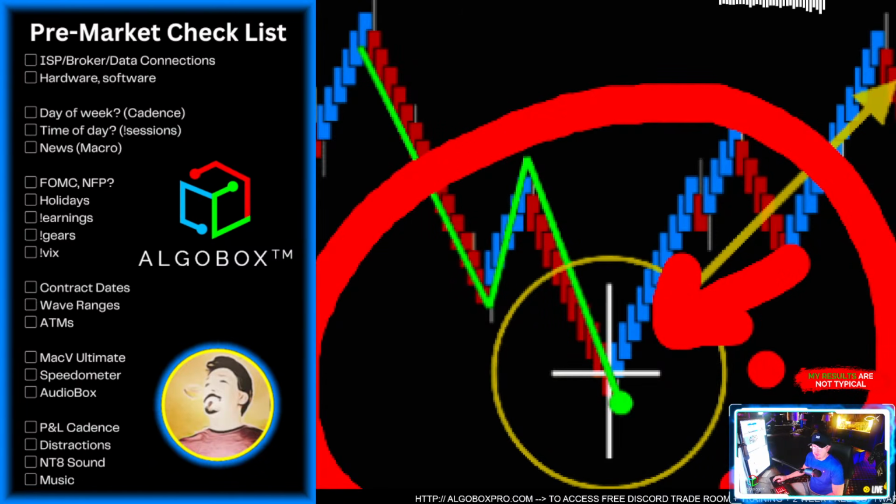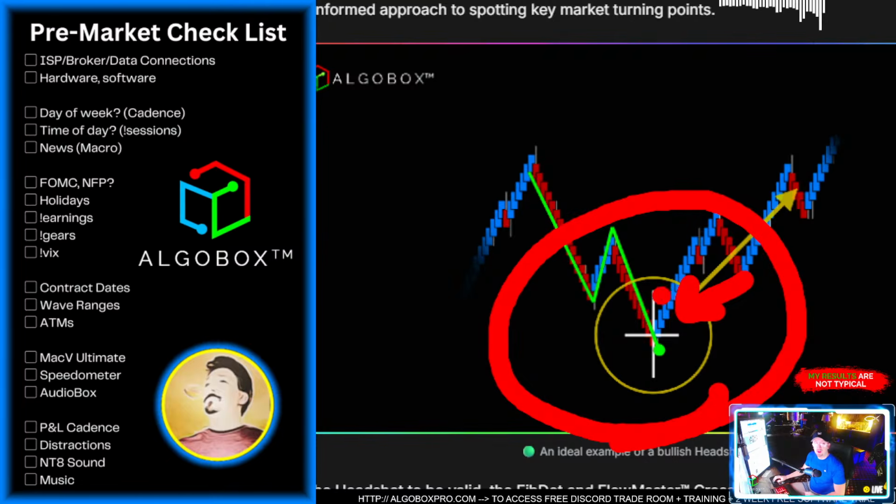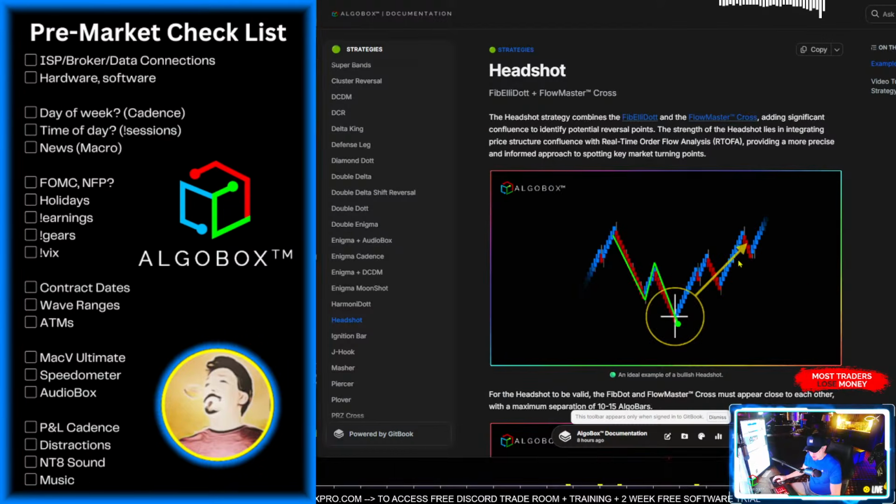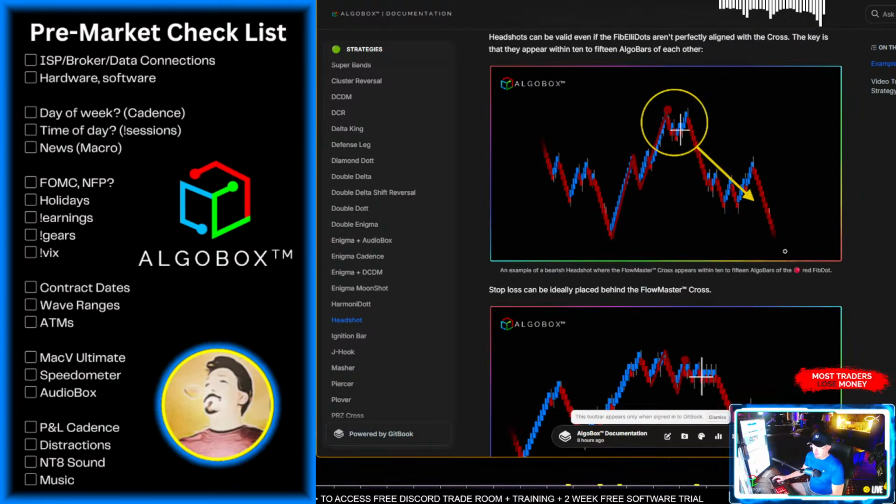The cross is a Flowmaster event landing in the same location. When those two things line up, I want to hit the button. It's as simple as that. Okay. Now, the videos,